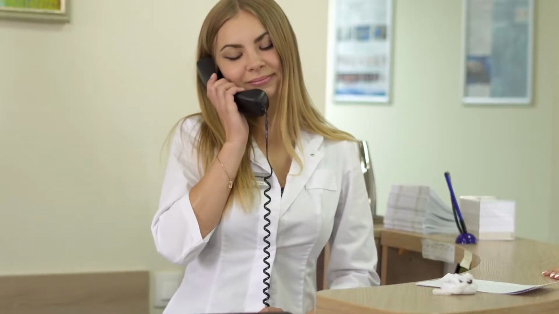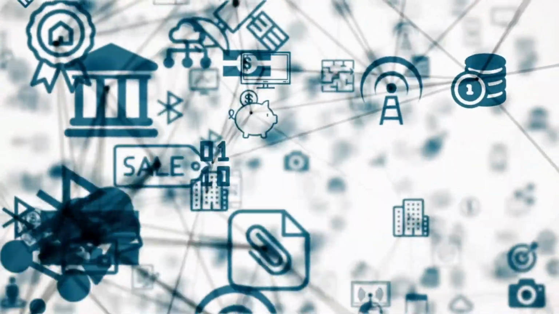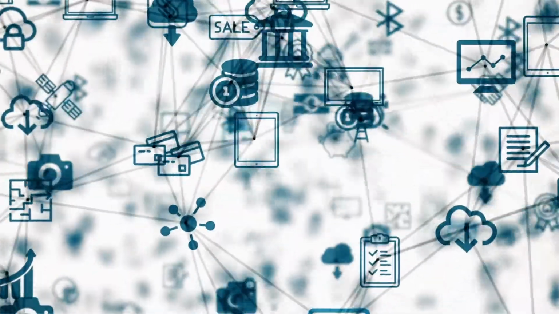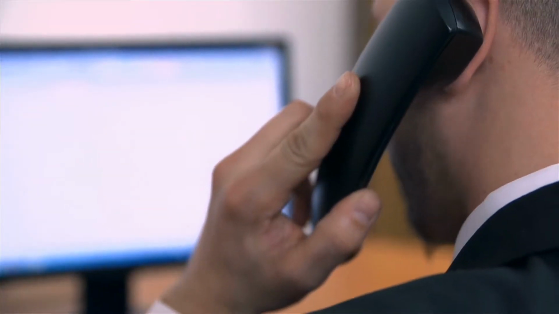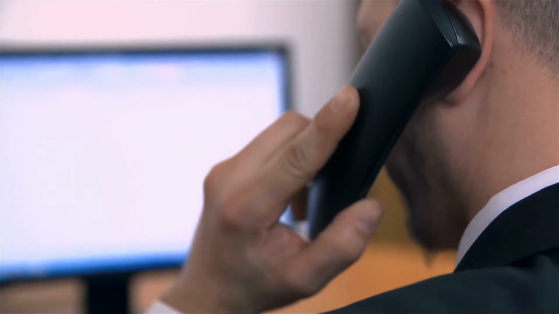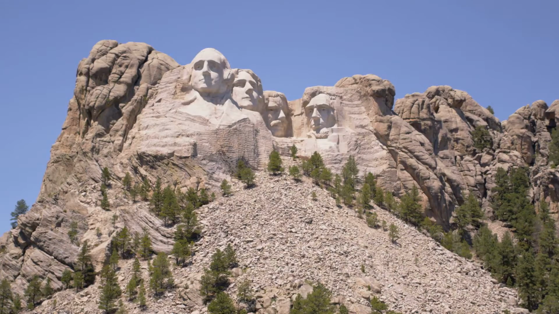Whether it be by phone or in person, office administrators are the first people that outsiders interact with when approaching the company. When administrators answer the phone, they have the ability to stop the caller in their tracks by hanging up. When we think about how many calls, emails, and other solicitations a business receives each day, we can begin to imagine just how much this adds up over time. This is particularly important when we consider how often businesses get pitched by salespeople from other businesses. Administrators are also the first people that any outside visitors interact with. As such, they belong in the Mount Rushmore of the office.